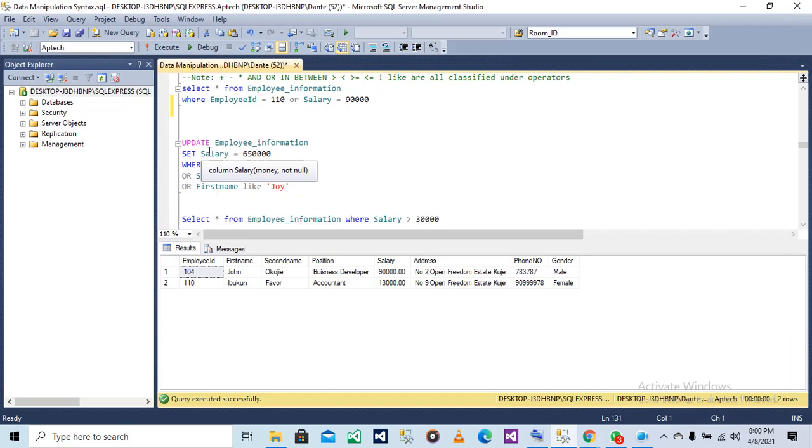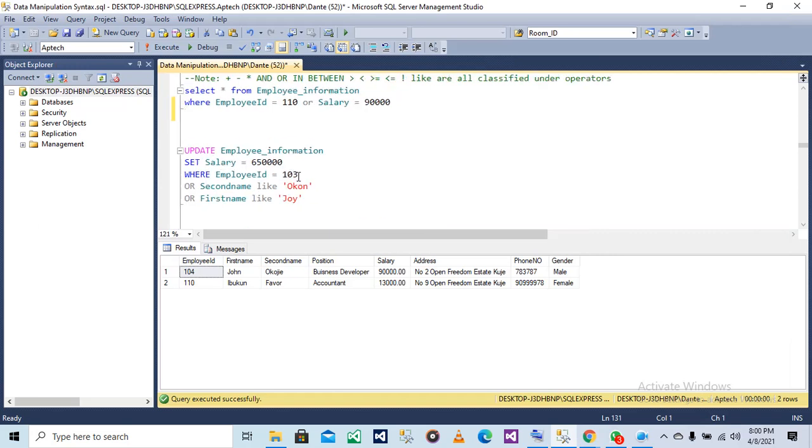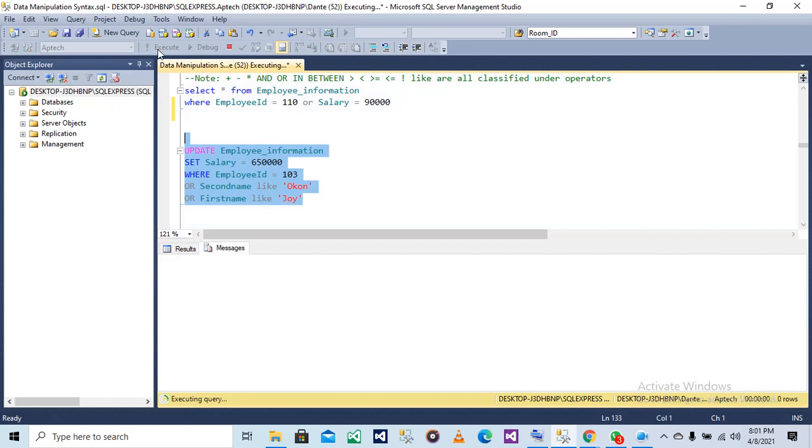So after running this statement, the employee with ID 103 has to have a 65,000 salary, any employee with second name like Okon has to have a salary of 65,000, and anybody with first name like Joy has to have a salary of 65,000. So let me run it.